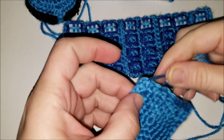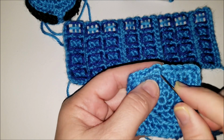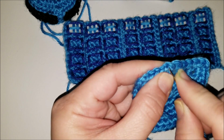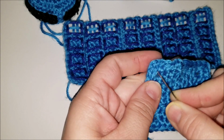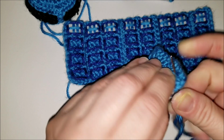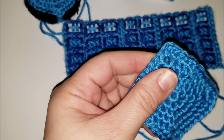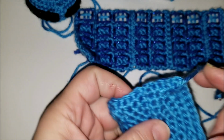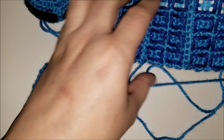All right, I've made it to this corner. There's our faked out one. There's the one we were trying to hide or reduce its bulkiness. That's the fake one. And now I'm way over here on this corner, and I'm still coming out the top, so I need to dive down to the bottom. And the easiest way is just to literally push through. And now I've got my yarn coming out this corner, and we are ready to attach this to the bottom